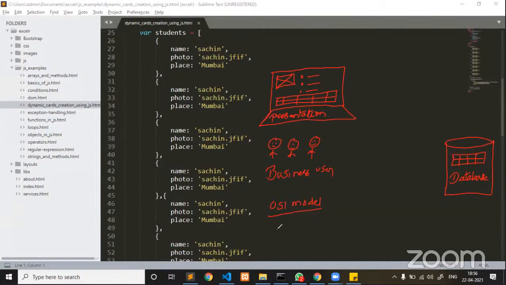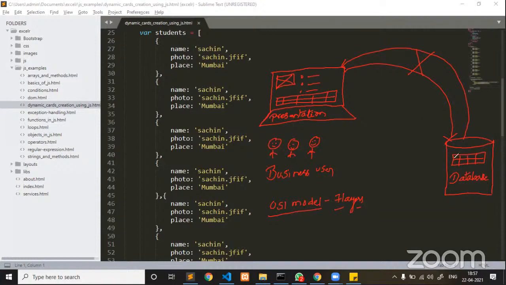Now in the OSI model there are 7 layers. Out of all the 7 layers, each layer is interconnected with the other, then only you will be able to build one dynamic application. But in this OSI model there are no direct interactions. The client is not going to interact with the database directly. Same way, the database layer cannot interact with the client. These two we should not even allow. This is prohibited because of security reasons. Then how are we going to connect these two systems?